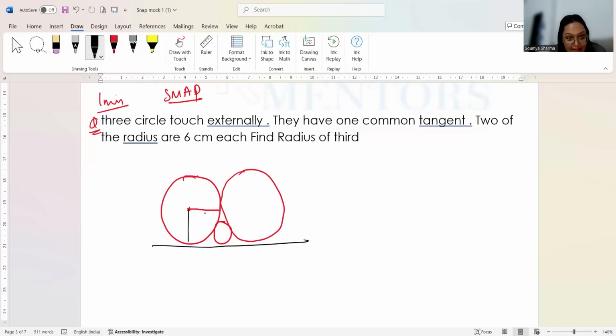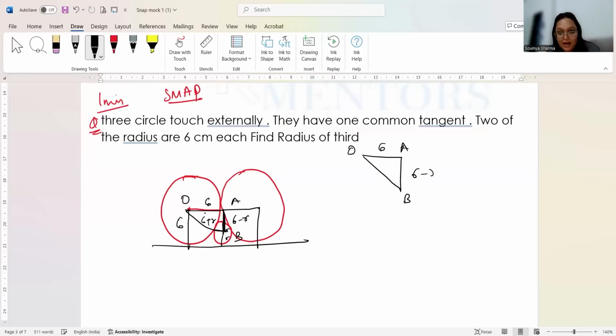So can I say that this will be my R, this will also be my R, and here can I say it to be 6 minus R? Okay, because this whole is 6. So it is 6 minus r. What I have to do is simply apply the Pythagoras theorem. So here this will be 6 plus r, because 6 and r are the radii here, and this will be 6. So consider a triangle OAB. I'm drawing it here. So in triangle OAB,